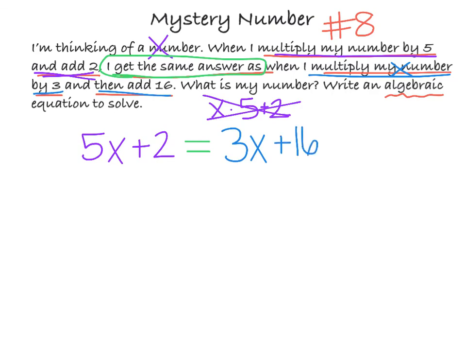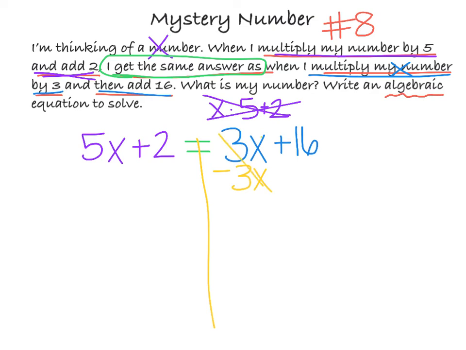All right, so now, again, this looks like any old equation that we've been solving. We just know that now we have a variable on both sides, so we need to work first to get them all on one side of our equation. So to do that, do you remember the tip that we talked about? We want to start with the side that has the smaller number of x's. So on the right-hand side, we have 3x. On the left side, we have 5x. Let's get rid of that 3x first. And so to do that, we're going to subtract